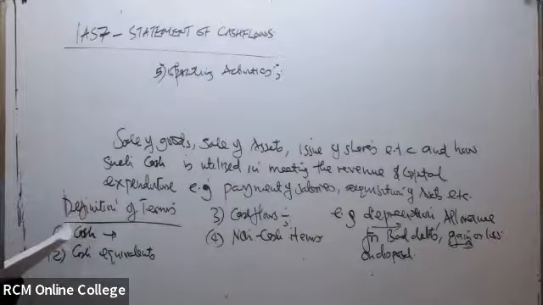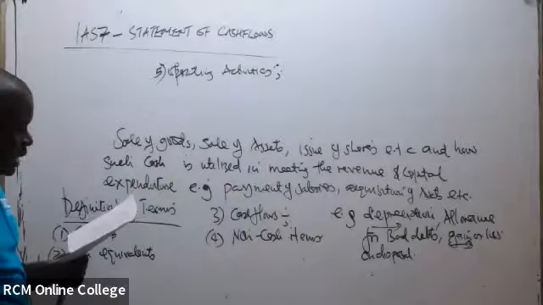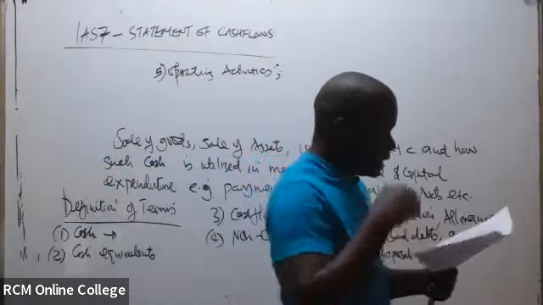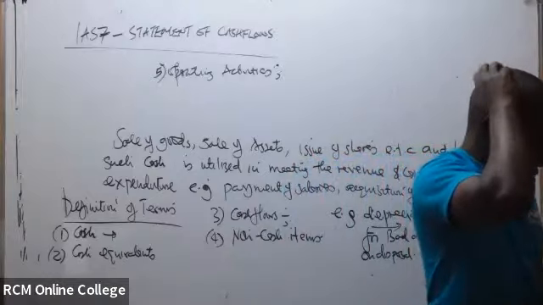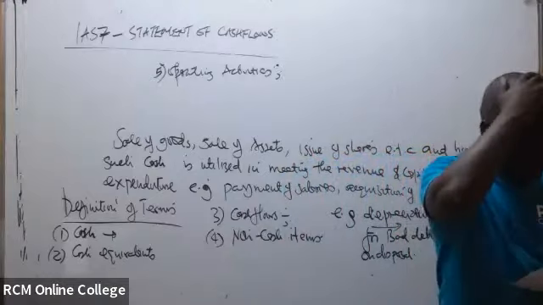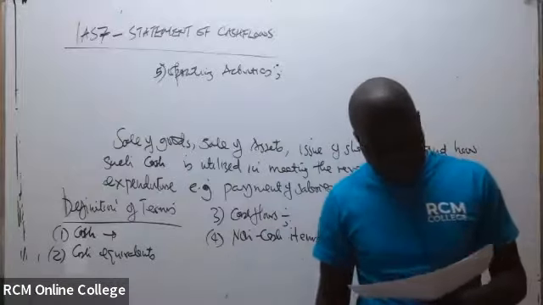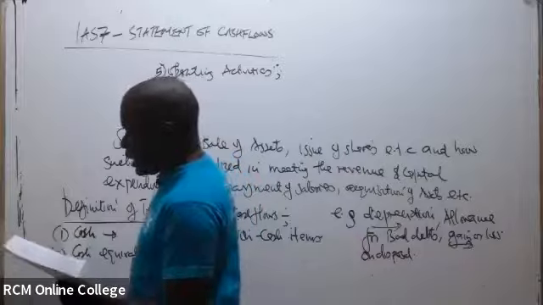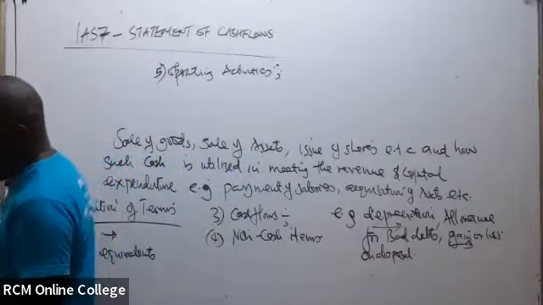So we'll categorize some of the activities as what? As operating activities. These are revenue generating activities of the enterprise,